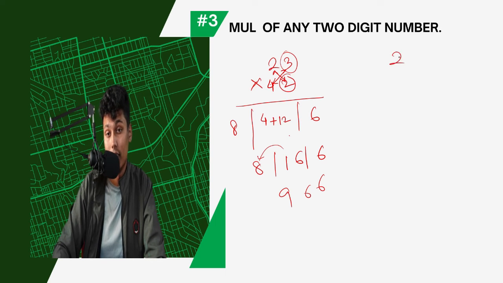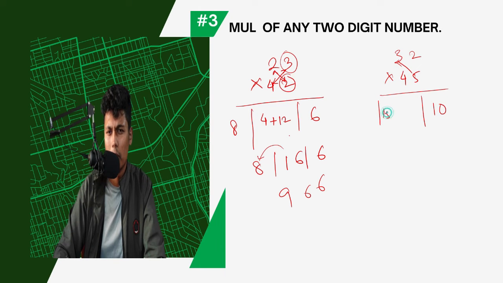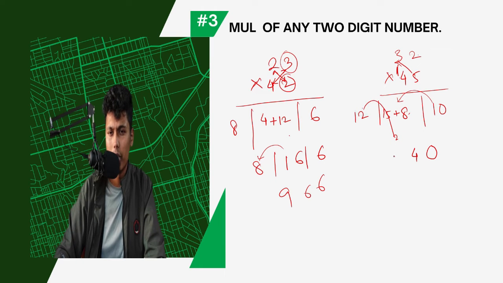Take any number like, let me take 32 into 45, any number, okay. So 5 2 is 10, write down 10 here. Do cross multiply. 5 3 is 15 plus 4 into 2, 4 2 is 8, okay. And next 4 3 is 12, okay. So write down 0 here, 1 will go here. 15 plus 8, it is 23 plus 1 24, so 2 is there again, so 2 will go here. 12 will become 13 14, so it will be 1 4 4 0.